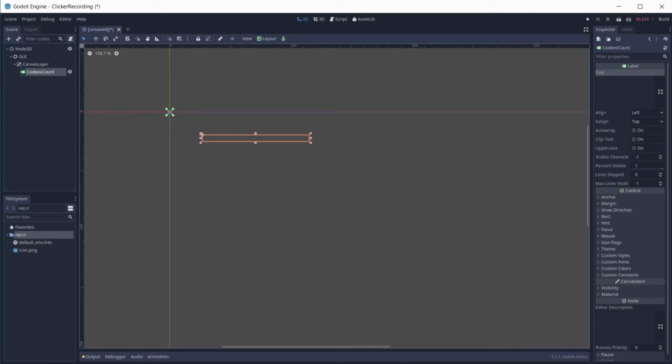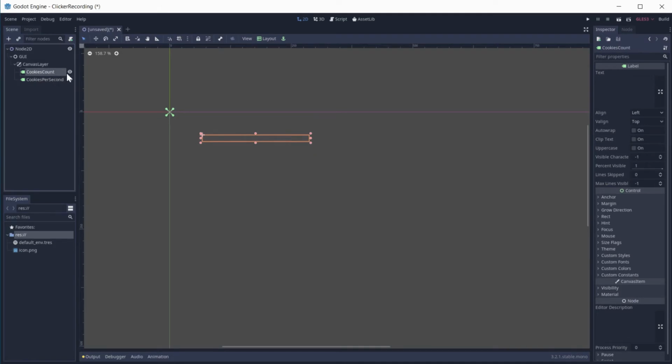And for the second one, instead of creating a node, I simply duplicate the already existing label node by pressing Ctrl+D, and then I renamed it to be cookies per second. Place them on screen and stretch the text field so we will be able to put more text into it.